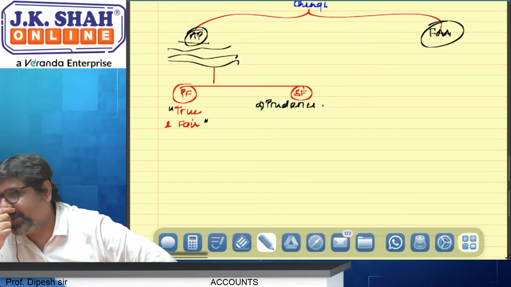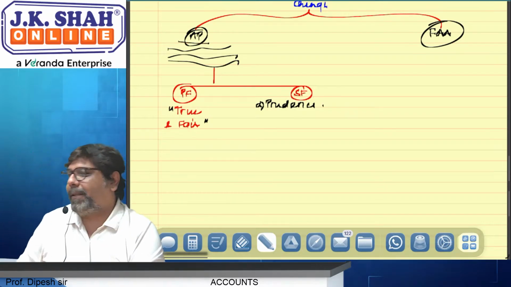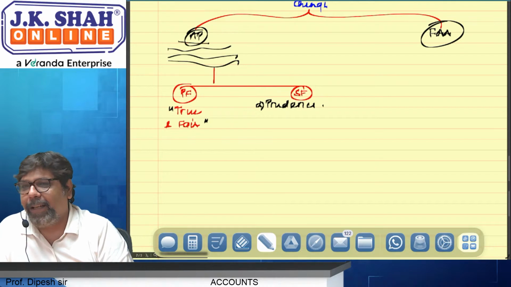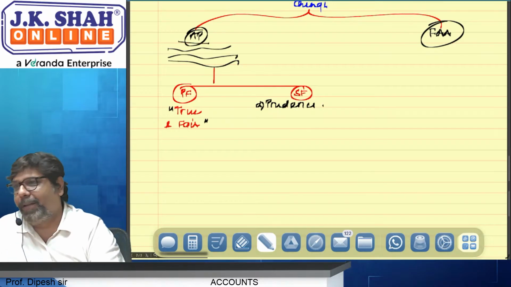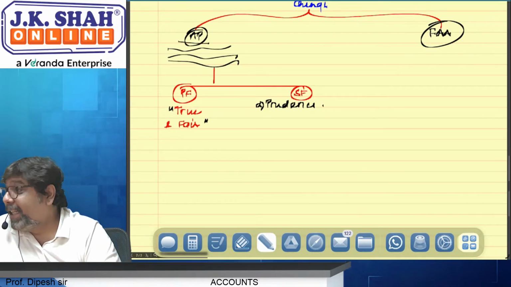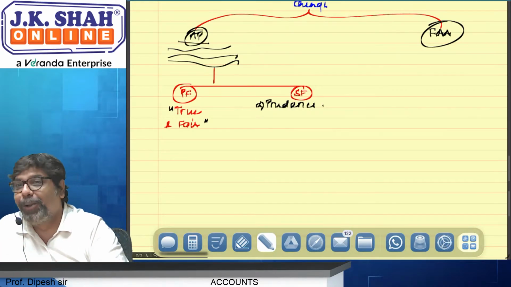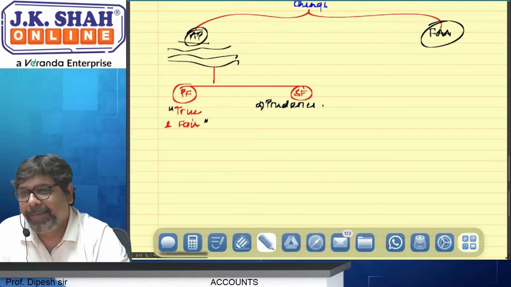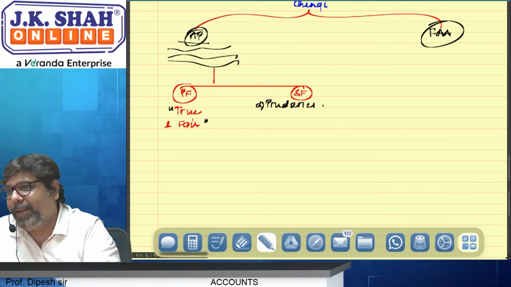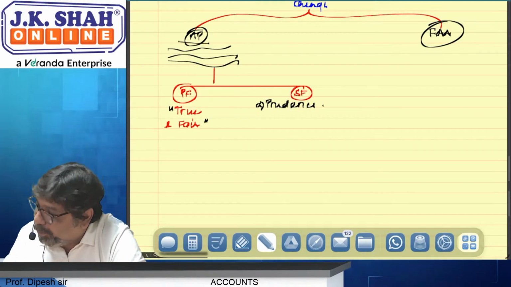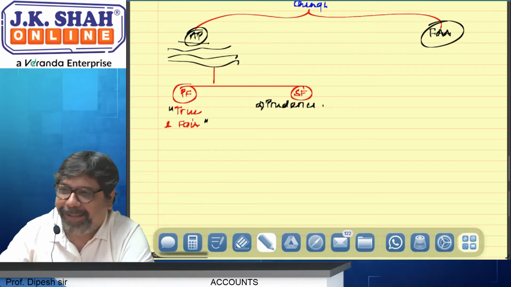Let's give another example. Suppose you asked 10 people whether to join JKSC classes or not. 8 people told, 9 people told, very good, join. The 10th person told, no, don't join, bad. You will restart your entire research just believing that 1%. But suppose it is reverse, 9 told don't join and 1 told you should join under any circumstances. You will say he is mad. You will not restart your research.